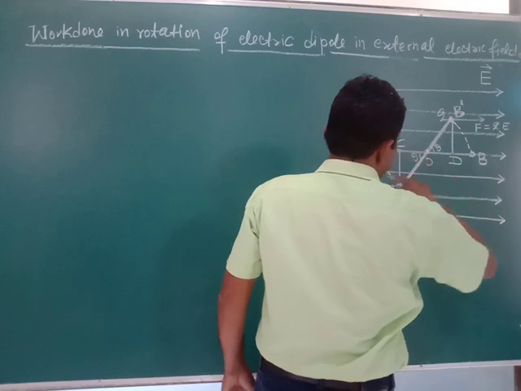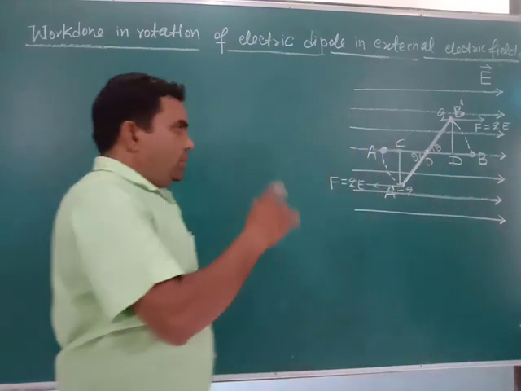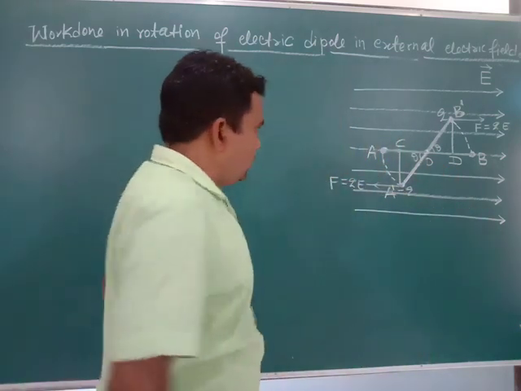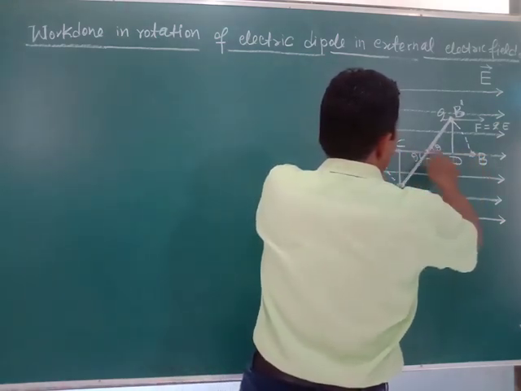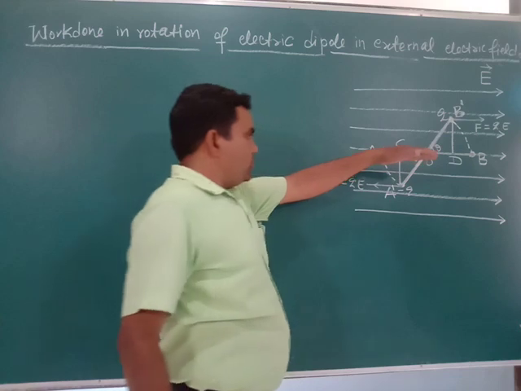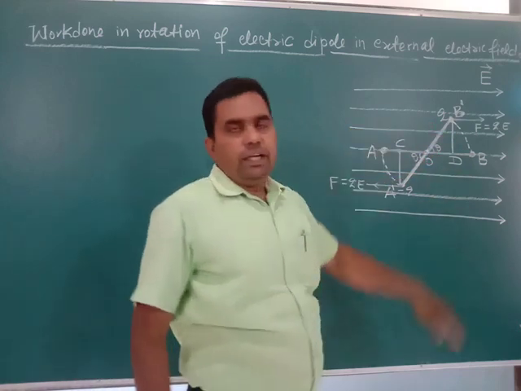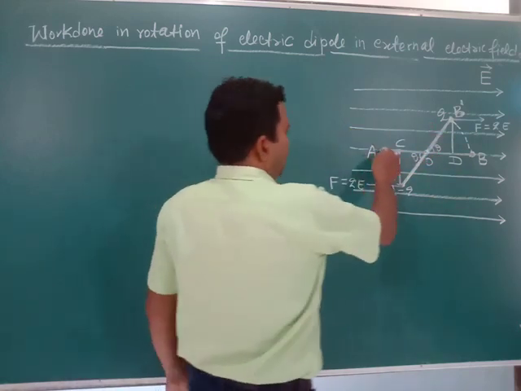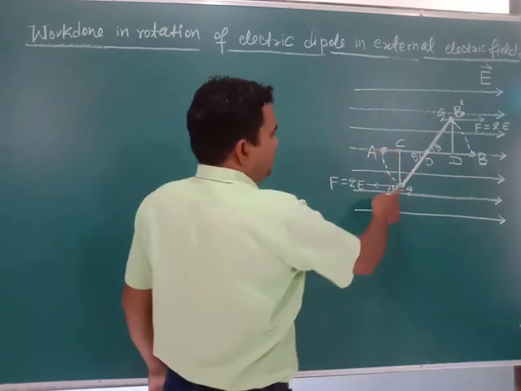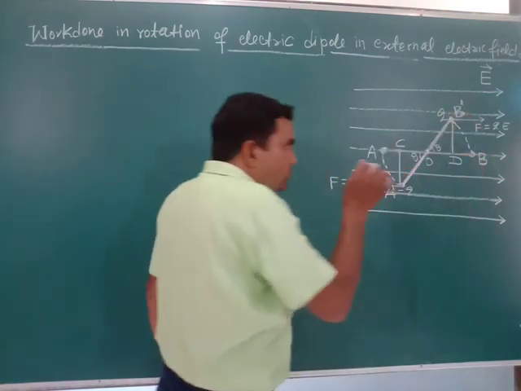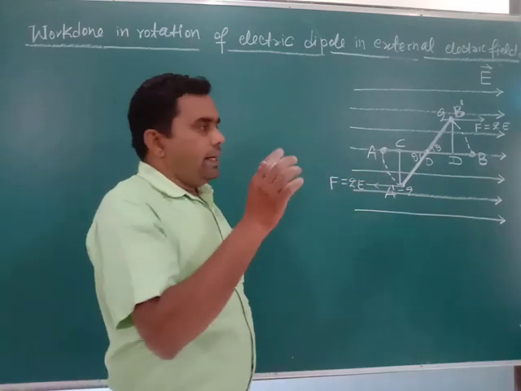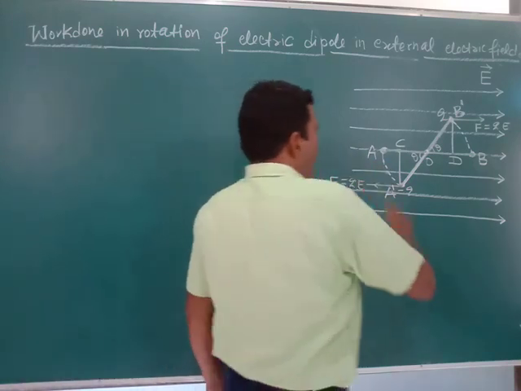by these arrow lines. In this external electric field, an electric dipole AB is placed along the field direction, at point A the negative charge minus q of the dipole, and at point B the positive charge of the dipole. In this condition,